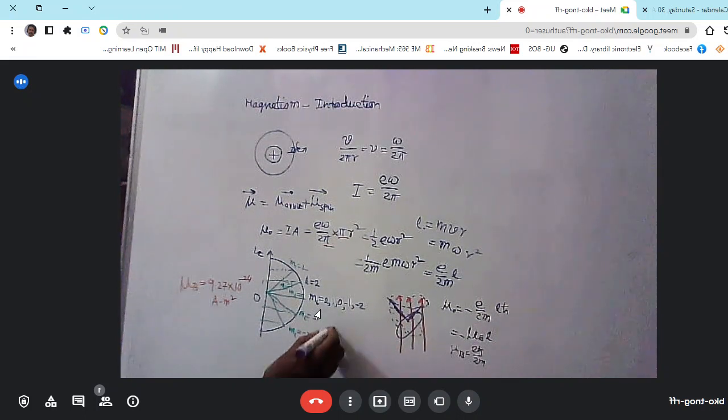The only difference is mu_s equals e h cut by m into s. That is the value for mu_s, and if I write it in symbol, then it will be